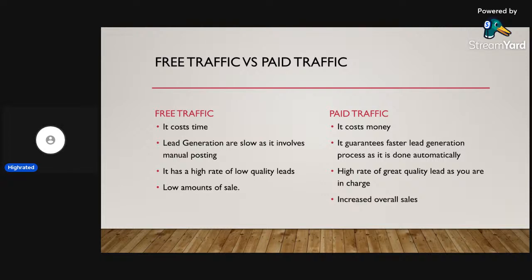You have to be posting everywhere, like on your own. If you do not post one day, then you should expect that you're not going to get any lead. Then the quality of lead that might come out of free traffic is sometimes low. Do you get it? So now, if you are talking to 100 people, eventually maybe 5 or 6 people will